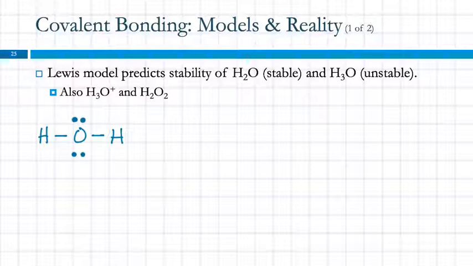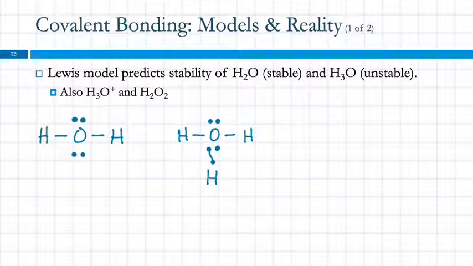And then how could we make H3O? Well, we'd need another hydrogen, and it's got 1 electron. And so how are we going to get these guys together? Well, if hydrogen shares with oxygen,